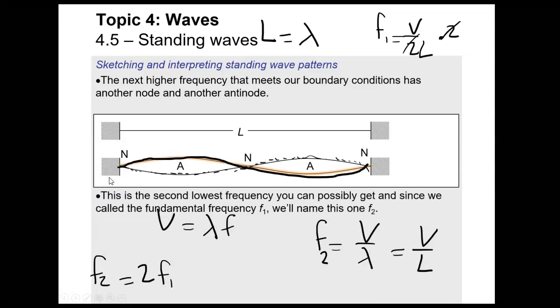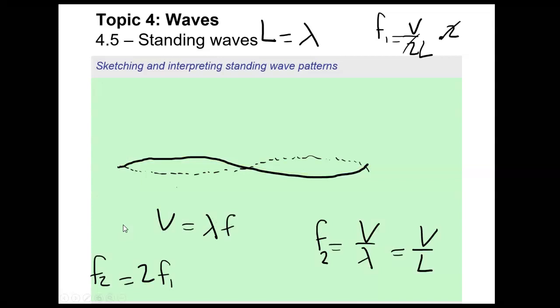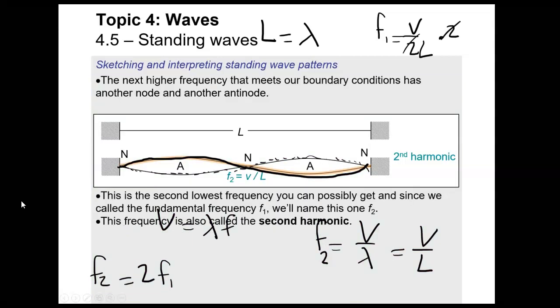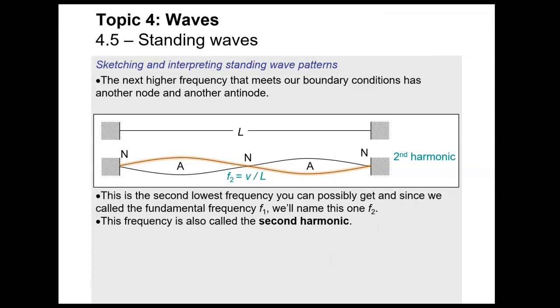Okay, so this is the second lowest frequency you can possibly get and still meet the boundary conditions. And so this is what we call F2, the second harmonic. Okay, and you can get higher and higher harmonics as you go down. It's basically just a multiple of the original frequency. Okay, and if that seems strange to you,